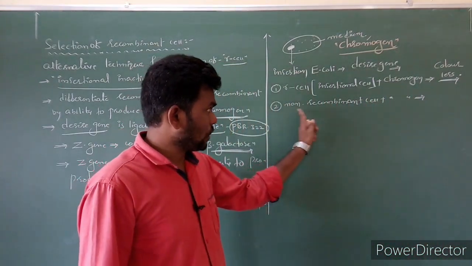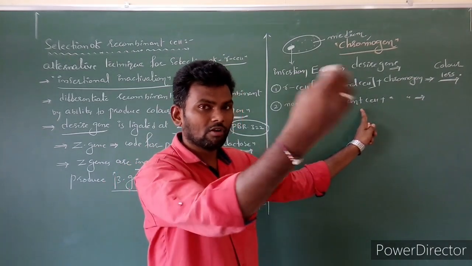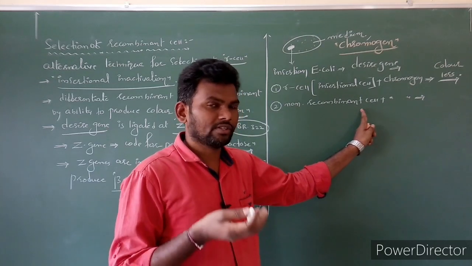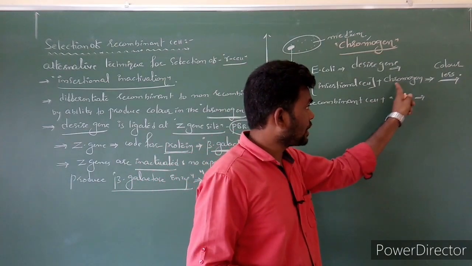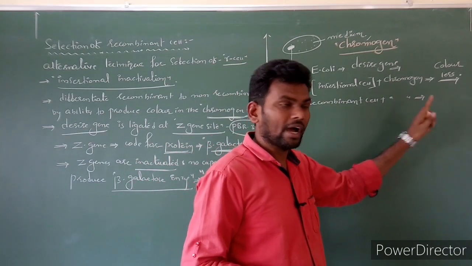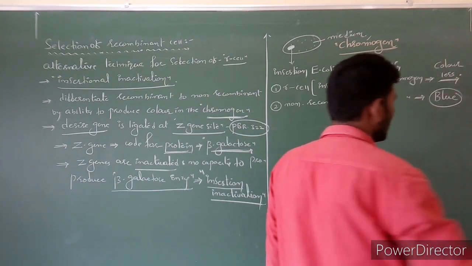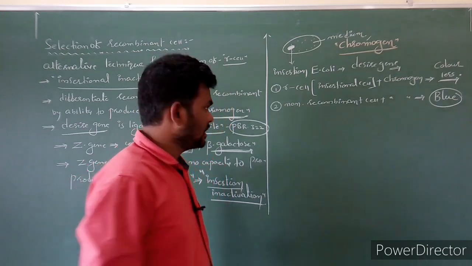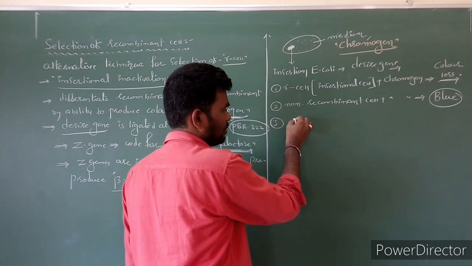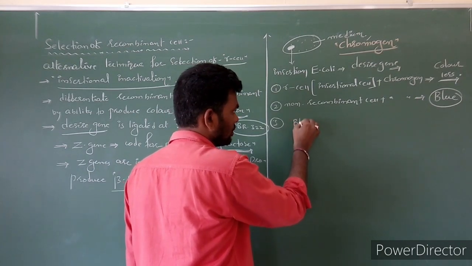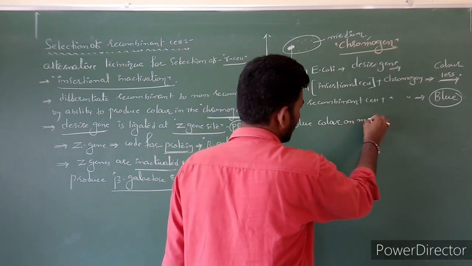Now in this case, non-recombinant cells may grow on the medium. The non-recombinant cells, nothing but bacterial cells, also contain the Z gene that codes for beta galactosidase enzyme. Then they are going to react with the chromogen chemical and they become blue colored. They become what? Blue colored. Clear? So here, if the bacteria form blue color on the medium,